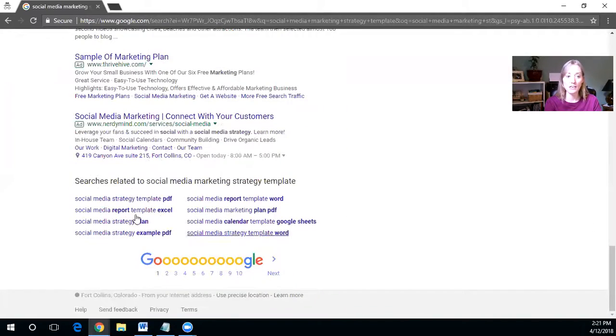So here, let me scroll down to the bottom again. The search I did was for the social media marketing strategy template. Here we have strategy template PDF, social media marketing plan. That's another word, so plan is another word for the strategy template. Social media calendar, that's a big one. Example strategy plan. All of these are different things that you can take and run with in